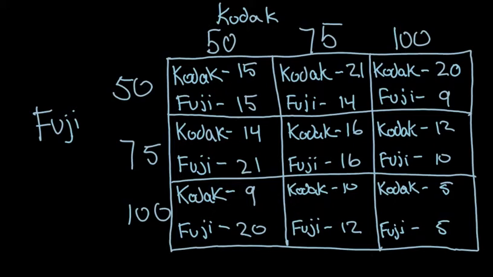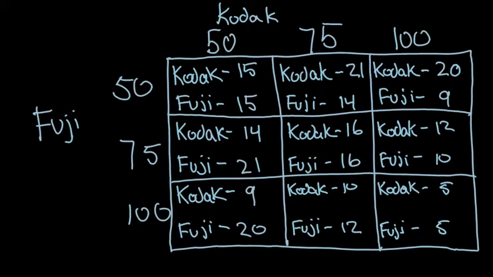In determining Fuji's dominant strategy, we will want to go through the same process. So what we will first look at is when Kodak decides to produce 50 rolls of film. Fuji would then want to produce 75 rolls of film, giving them their best profit. When looking at Kodak producing 75 rolls of film, Fuji again would want to produce 75 rolls of film, giving